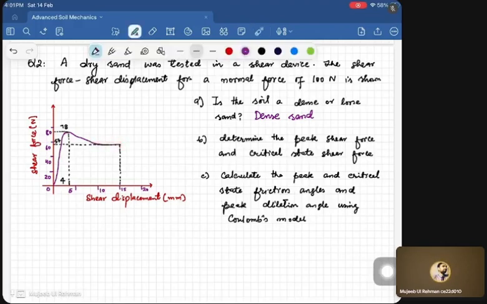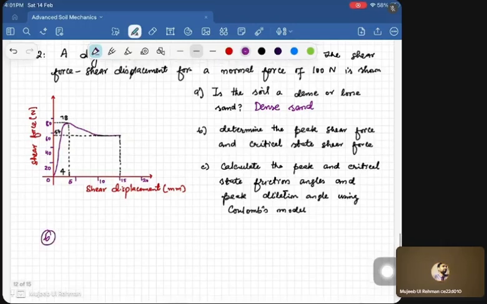So we can write for B, sorry, so I can show it by point A, and I will note this critical state by point B, correct? So A corresponds to the peak state and B corresponds to the critical state. Therefore, what has been asked: determine the peak shear force. So I can say Px